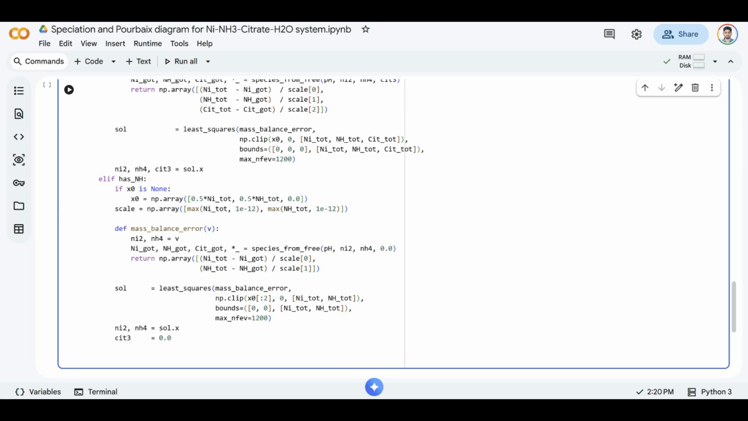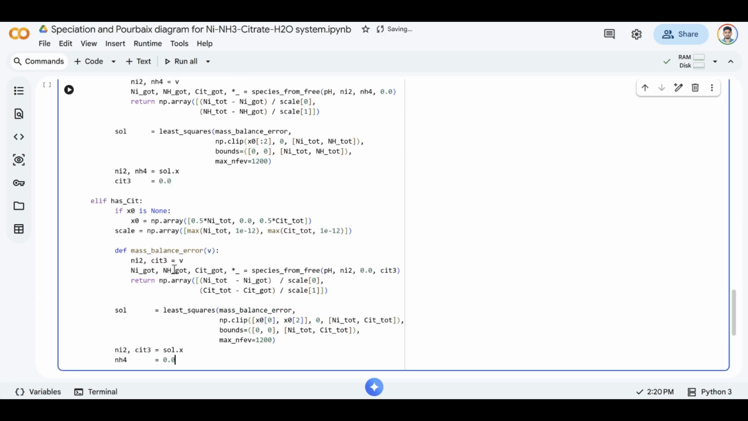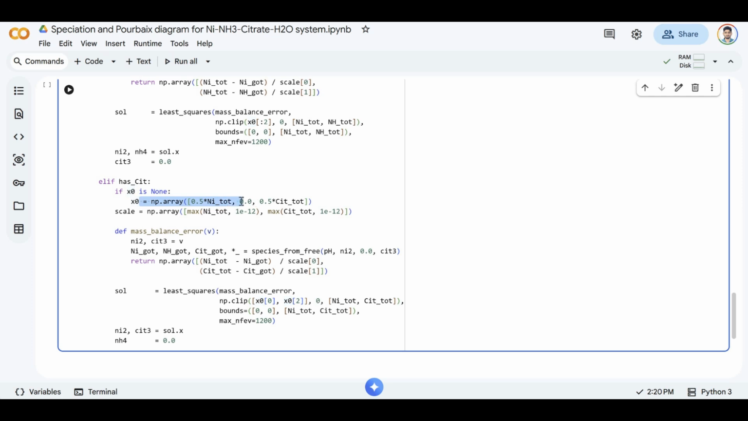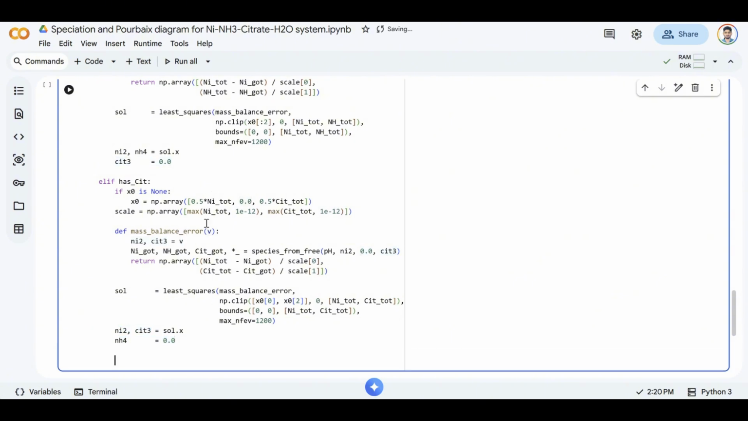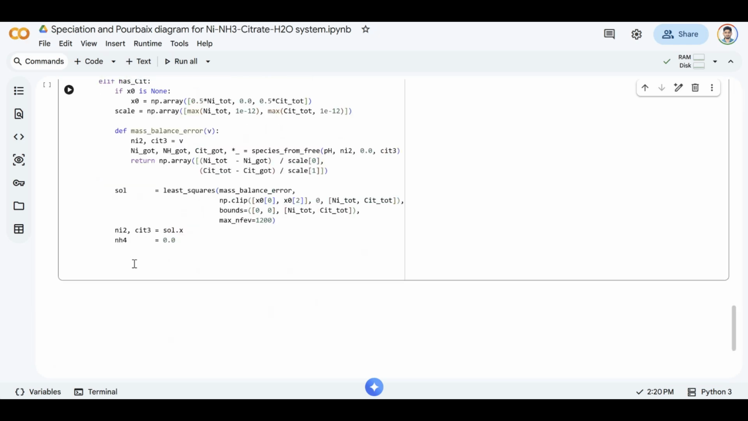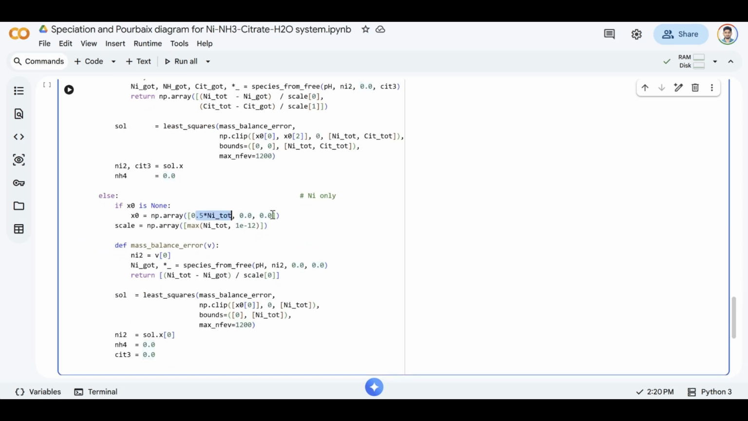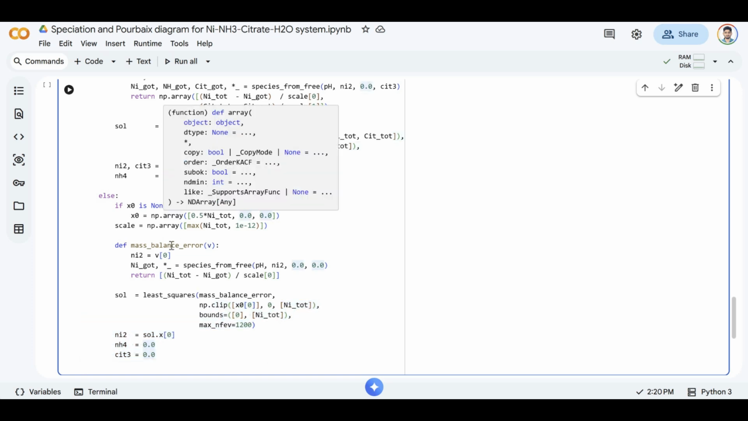The if-else structure here mirrors what we saw in species from free. If both ammonia and citrate are present, we solve a full 3-variable problem. If only ammonia is present, we solve for 2 unknowns and set citrate to 0. If only citrate is present, we solve for nickel and citrate with ammonia set to 0. And if neither ligand is present, it reduces to finding just the free nickel activity. The initial guess, x0, is carried over from the previous pH step. This warm starting strategy is important because it keeps the solver close to the solution